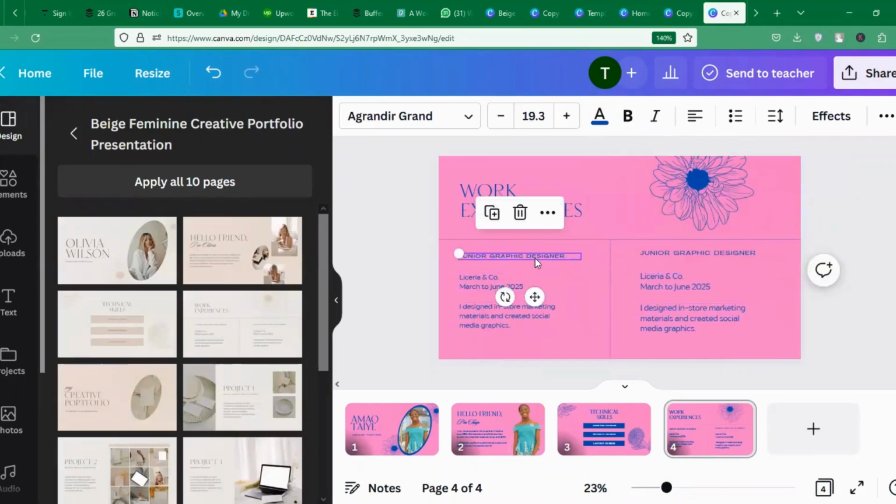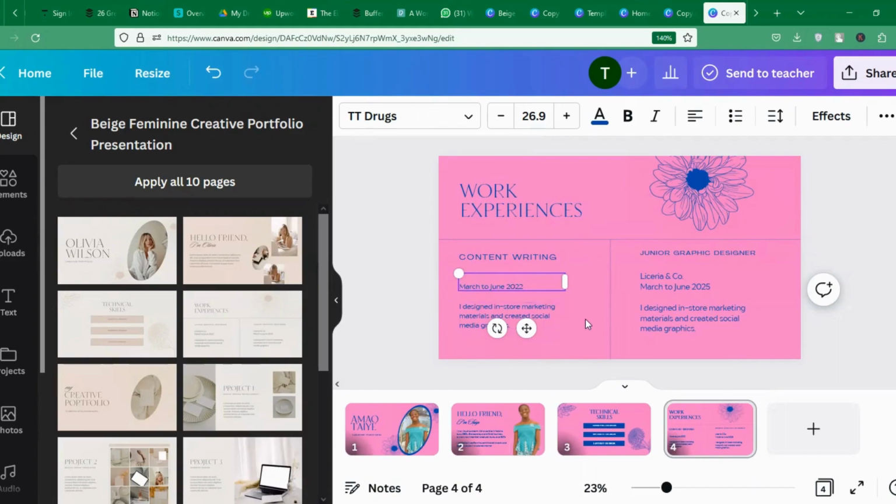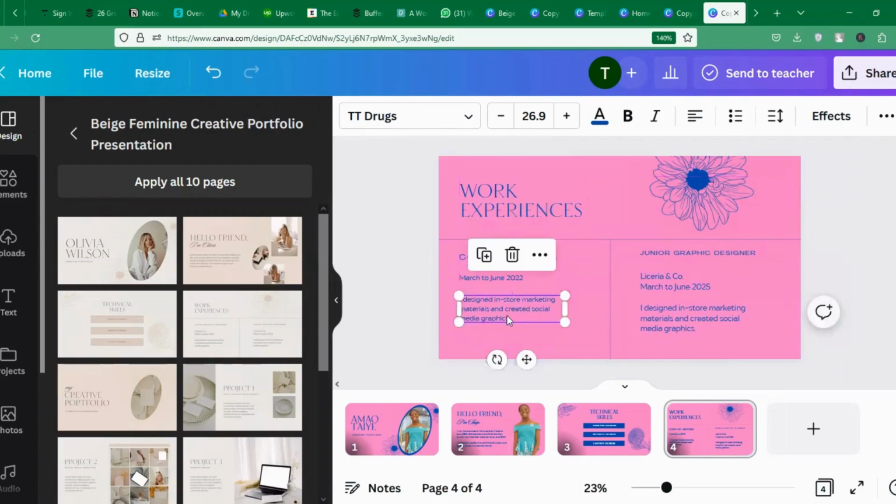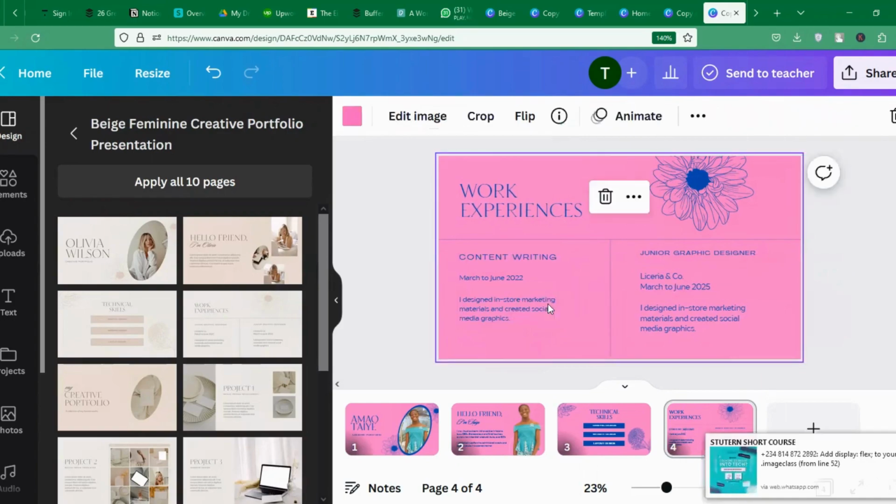So for example, now let's say you don't have a work experience, or you just have one that you did yourself or you did for your friend. Let's say it's on content writing. You don't necessarily have to name the company. If it's for your friend and you don't want to put your friend's name, then you don't necessarily have to write the name of the company. You just erase the name of the company. Then you write, let's say it was from March, June 2022. You write the year, the date, and then you write, I designed content for the